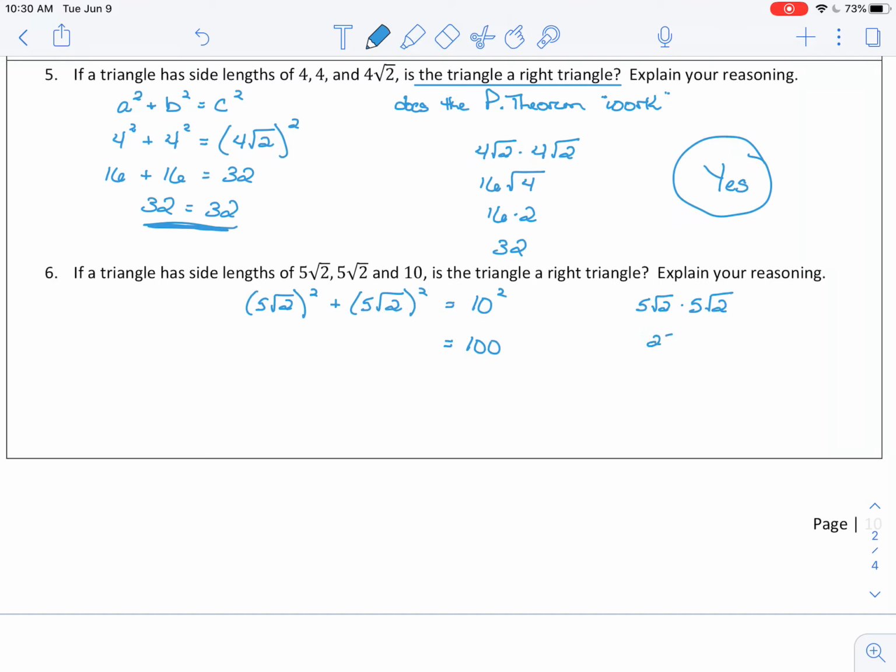So I'm going to multiply the coefficients. 5 times 5 is 25. Root 2 times root 2 is root 4. So 25 times 2, because the square root of 4 is a regular 2, gets me 50. So 5 root 2 squared is 50, plus 5 root 2 squared, so plus another 50, which happens to be 100. Again, if both sides turn out to be equal, then yes, you have a right triangle. If you would have 100 equals 101, then no, it would not be a right triangle. But the Pythagorean theorem is your test for whether or not you've